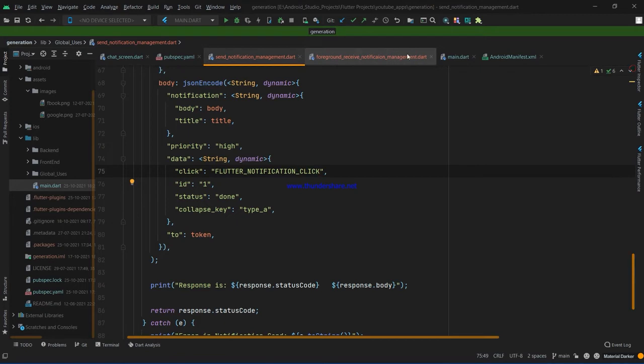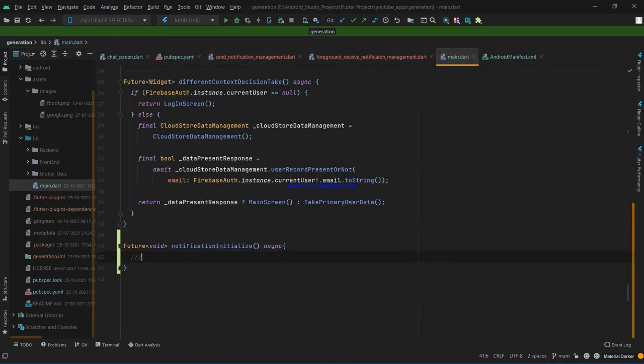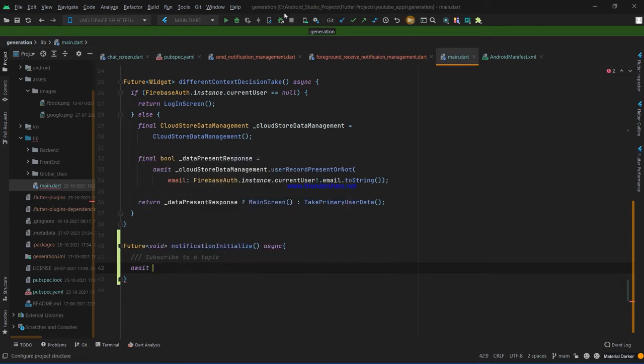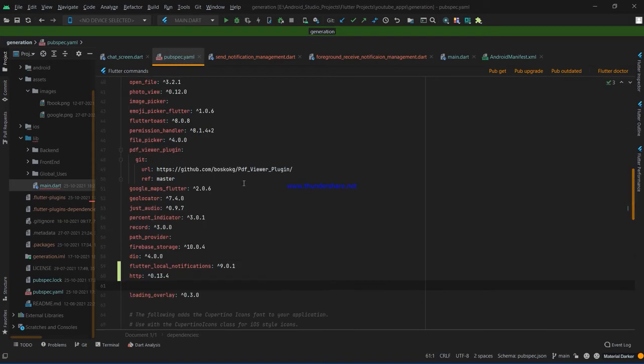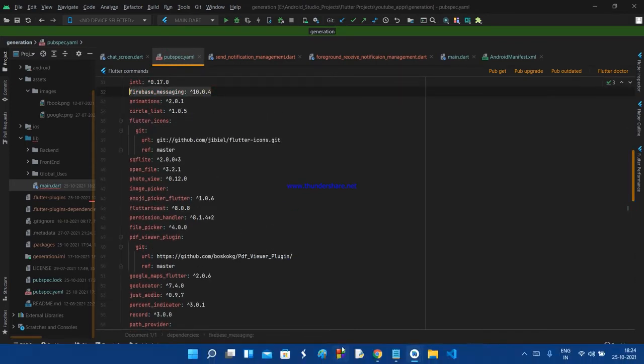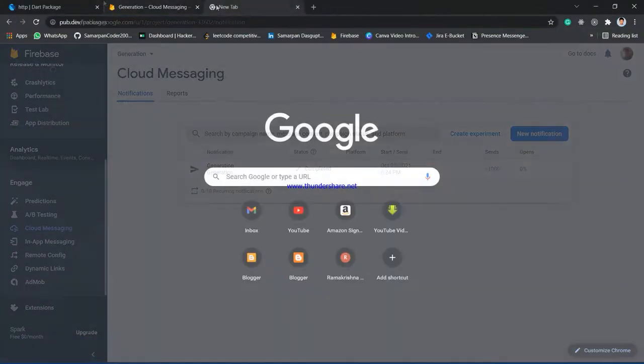Okay, so come here under the main file and here subscribe to a topic. So that's for the background notification purpose. Okay, so we have to install another package named Firebase Messaging. I also installed it before, so I check the latest version.